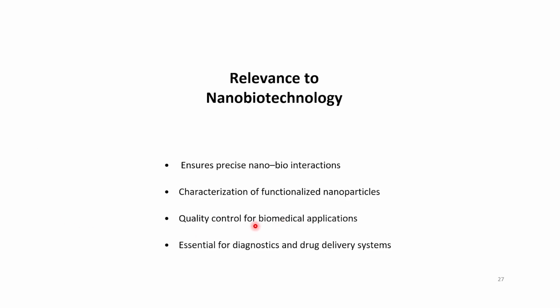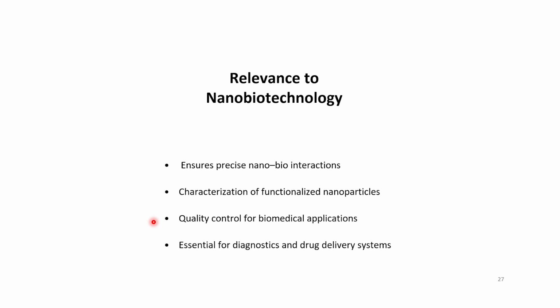Then there is quality control for biomedical applications. For biomedical applications you need to do quality control. You need to know what kind of material it is, so you need to characterize that material. It is also essential for diagnostics and drug delivery systems. You need to know the entire structure, function, and property of your material before proceeding to diagnostics and drug delivery systems. You cannot be putting just any nanomaterial inside your body for drug delivery or diagnostics. You need to know everything about it,